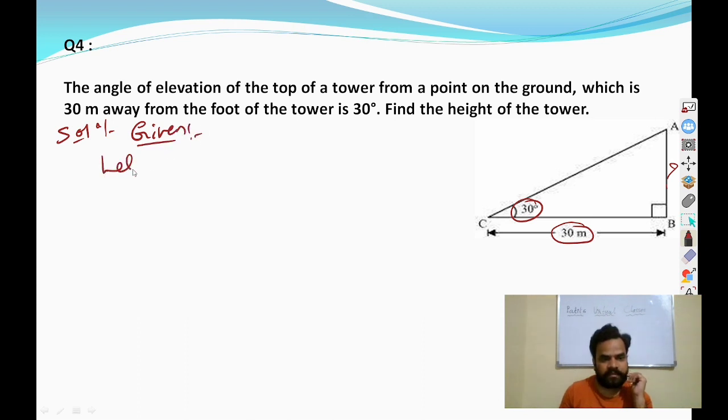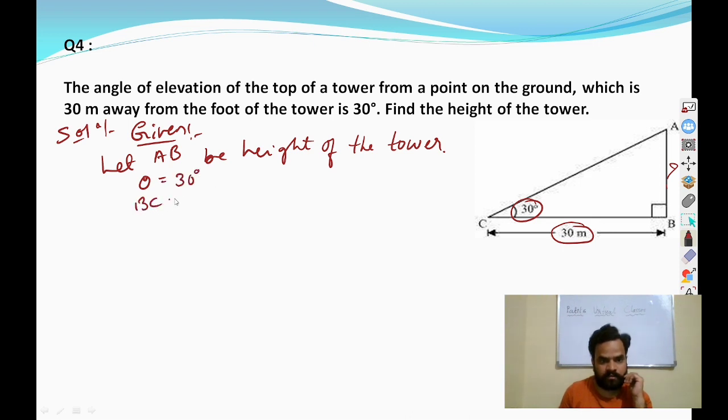So I will take let AB be the height of the tower, right? So theta is equal to 30 degrees also given and BC is equal to 30 meter is also given. So in triangle